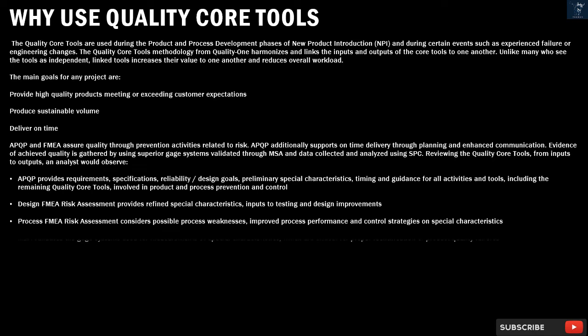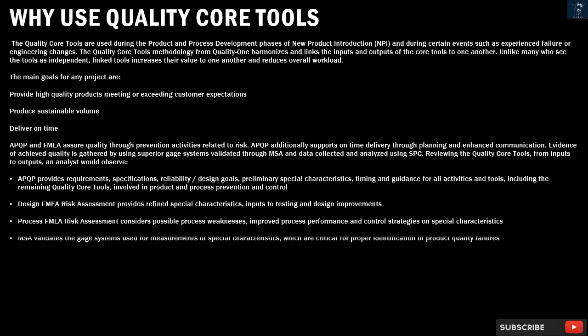Why use quality core tools? The quality core tools are used during the product and process development phases of new product introduction (NPI) and during certain events such as experienced failure or engineering changes. The quality core tools methodology from Quality One harmonizes and links the inputs and outputs of the core tools to one another. Unlike many who see the tools as independent, linked tools increase their value to one another and reduce